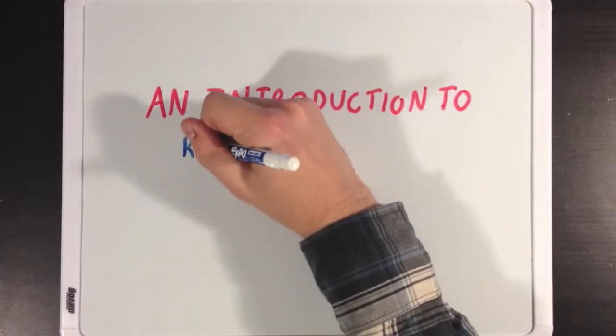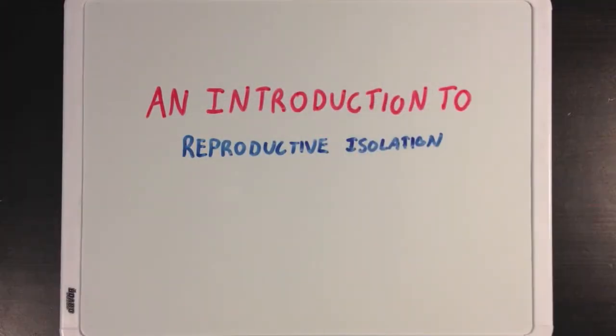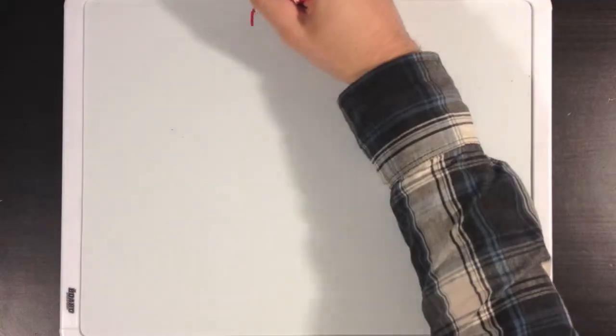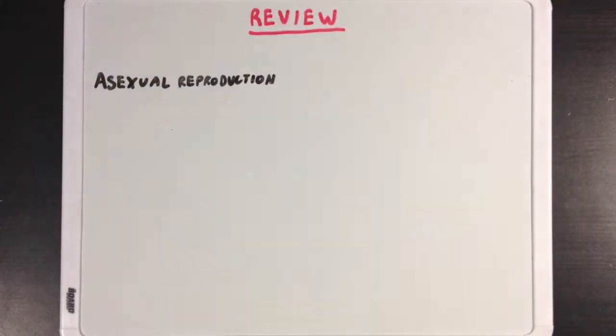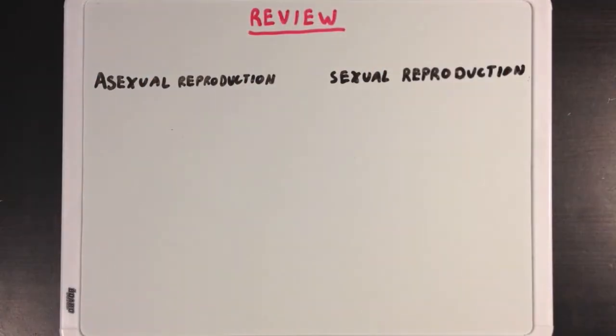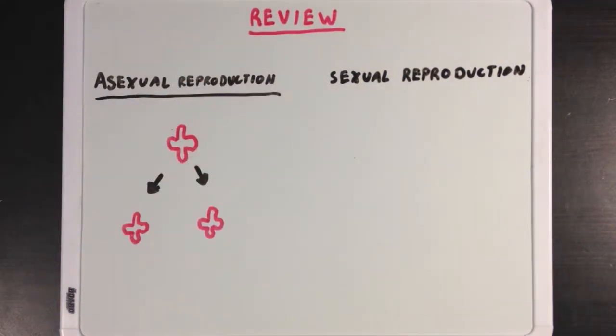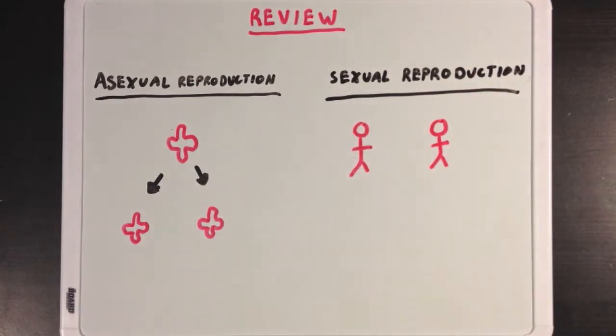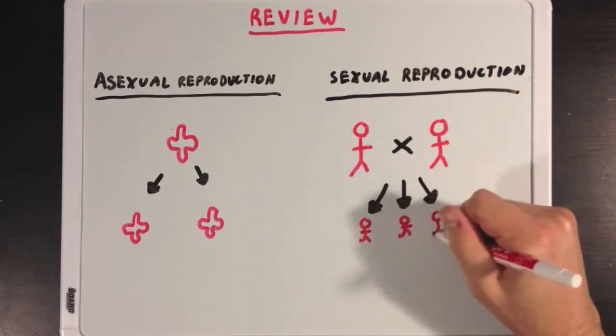Have you ever wondered how we classify different organisms into different species? Well, before we look at that, let's go over the difference between asexual reproduction and sexual reproduction. In asexual reproduction, one organism, like a single bacterium, will divide into two daughter cells that are both genetically identical to the original cell. In sexual reproduction, two members of the same species will reproduce together in order to form